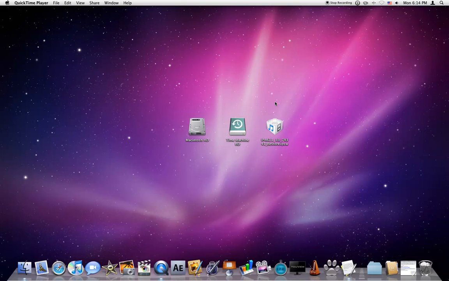Alright, this is going to be my guide on how to downgrade or upgrade to 3.0 for free. So let's say that you want to jailbreak 3.0 firmware, but you've either already upgraded and you don't know how to get back to 3.0, or you're still stuck on 2.2.1 and you want to upgrade to 3.0 for free. Well, this video is going to be a guide on how to upgrade or downgrade whichever version of firmware that